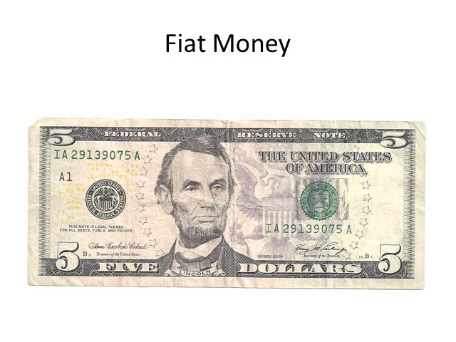This is a typical $5 Federal Reserve note or $5 bill. The value of the materials that make up the bill is about 5 cents, and it would not be redeemable for any precious metal like gold or silver. Thus, the value comes from the fact that the Federal Reserve gives it a value of $5. Thus, this is an example of fiat money because the government has decreed that it's worth $5 worth of goods and services.